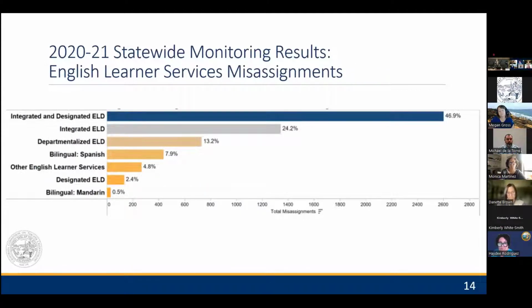In California, educators are required to have an appropriate English learner authorization for the level of English language development support needed for their students, even if only one English learner is present in their classroom. The majority of misassignments in English learner services were found in classrooms where students required both integrated and designated ELD services. That would be 2,602 misassignments. Integrated ELD saw the second most misassignments with